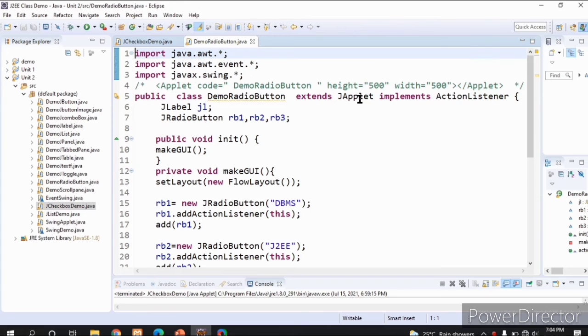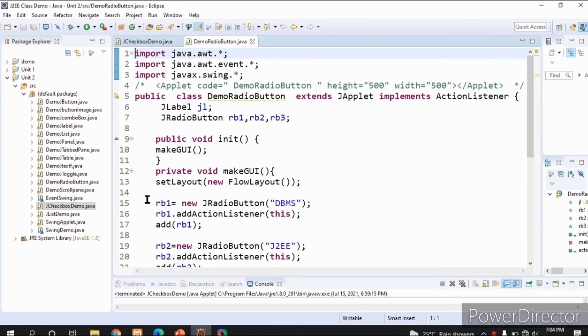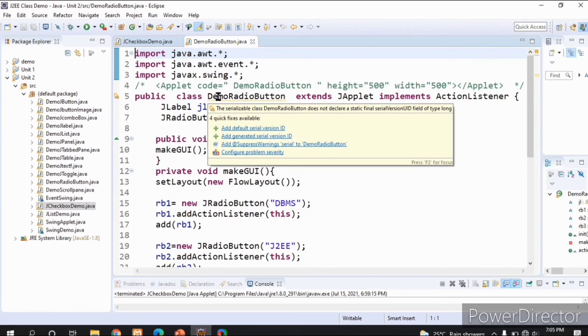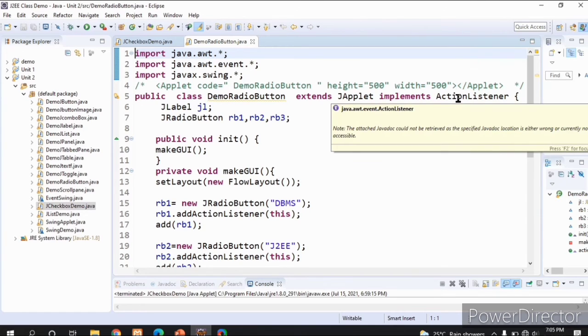Because we are using JApplet, JLabel and JRadioButtons. We are writing an applet program, so we need to write this line of code here. I am writing a class DemoRadioButton, which extends JApplet, and when I click on a radio button, it generates the action event. So we are implementing the ActionListener interface.